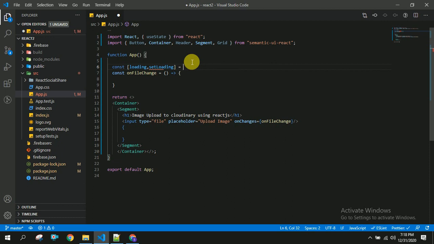For creating this we have to use state hook.